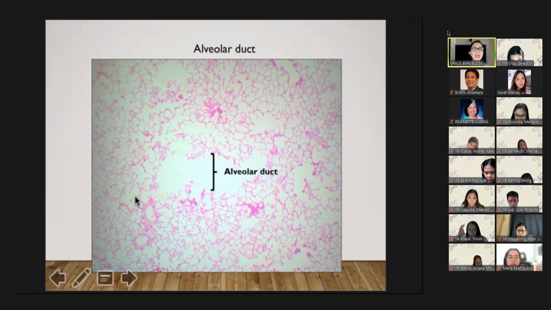If you see a grape-like structure such as this one, you call that the alveolar sac. And if it is individual like this one, parang isang circle na yan, we call them alveoli, plural, pag singular, alveolus. And all of these three structures are lined with squamous cells. Okay? They are lined with squamous cells, but